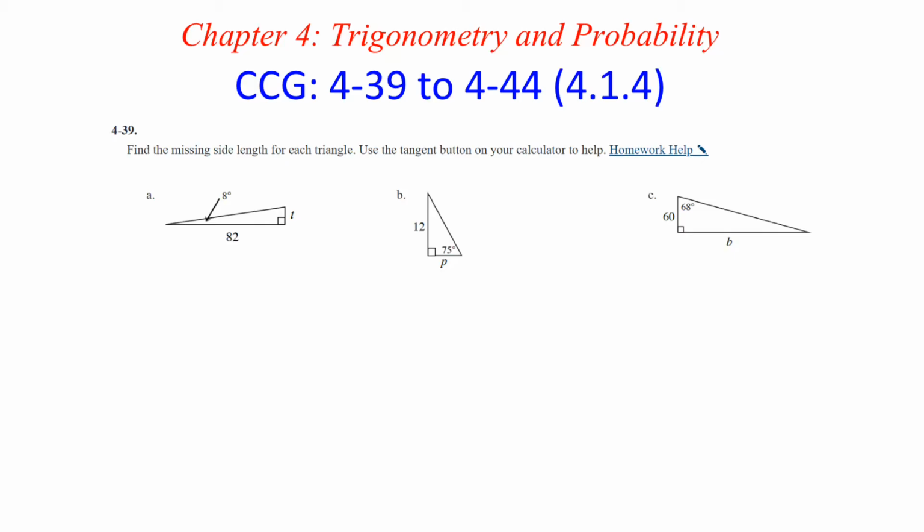So on part A, we have 8 degrees. So we will say we're looking for the ratio of 8 degrees. So that's tangent of 8 degrees is equal to the change of y, which in this case is t, over the change of x is 82. So that's your slope ratio. Go ahead and plug in tangent of 8 degrees in your calculator, and you'll get approximately 0.141,